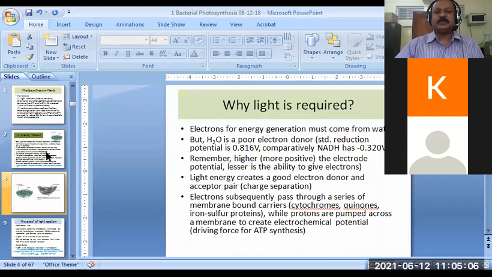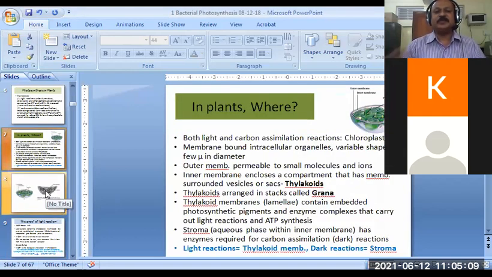Yesterday we have seen the structure of the chloroplast. We have seen where actually photosynthesis in plants takes place. It happens in the chloroplasts, where there is an outer membrane, an inner membrane, and within the inner membrane there is a cavity which houses sac-like structures called the thylakoids. These thylakoids are arranged in a particular format, and that structure formed by the arrangement of the thylakoids is called the granum. Singular is granum and the plural of granum is grana.